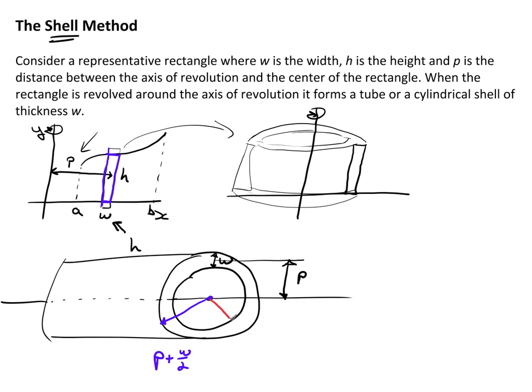If I go just to the inner ring, I can do the same sort of thing. I can think of that as P minus W over 2. Now this is actually two different radiuses. I can think of this one as being the outer radius, and this as being the inner radius. So keeping this in mind,